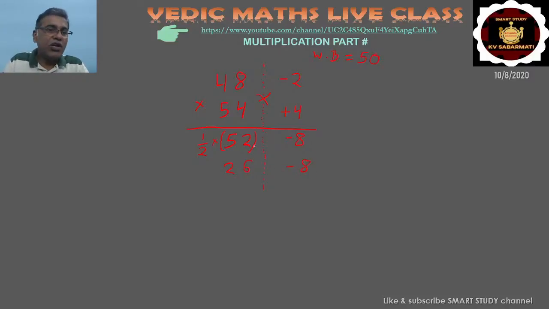So here what I will do, I will take 1 to that side so that this side, the left hand side number, becomes positive. But if I am taking 1 to that side, here you have to learn, this will become 100. So 1 we have taken that side, so this side becomes 25, and this side 100 minus 8, so this will be 92. So our answer is 2592.